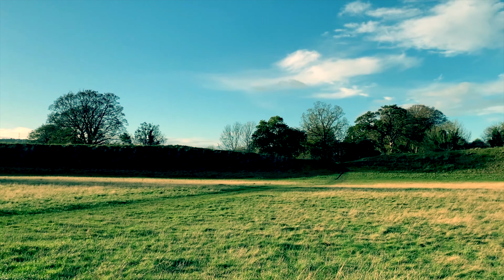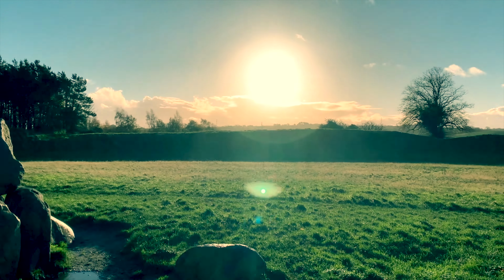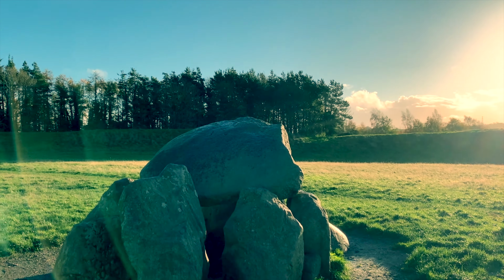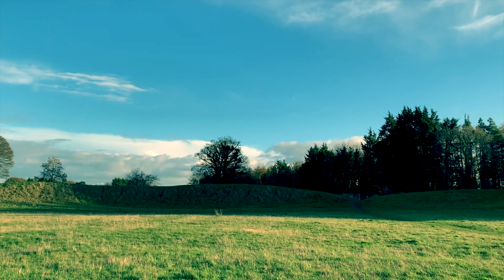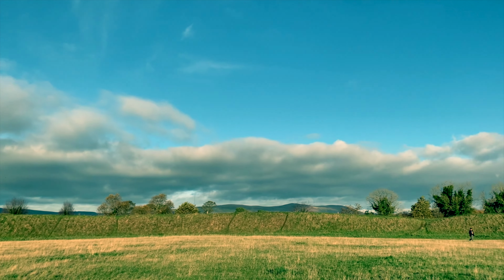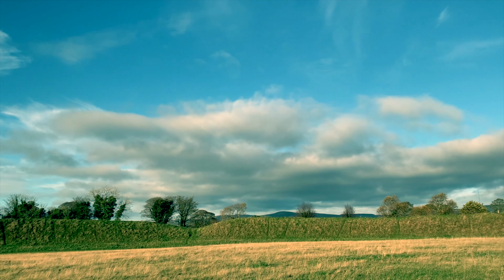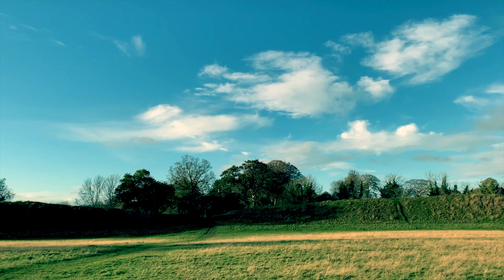This is an attraction, though I hesitate to call it that, that you're almost guaranteed to be able to visit in peace. As we take a closer look, we can see that the circular flat ground around the stone tomb is completely surrounded by an embankment about 3.5 metres high. The area of the circle in which this tomb is located is 180 metres in diameter and covers an area